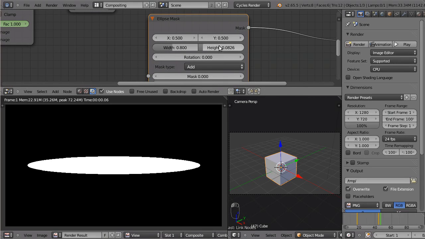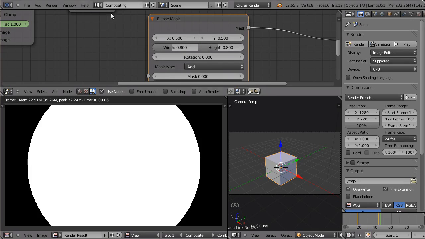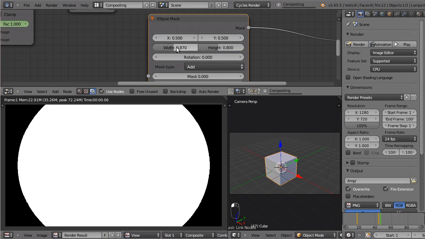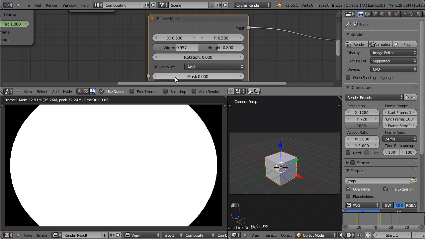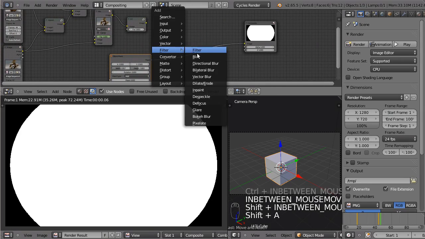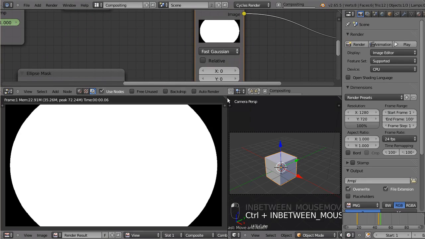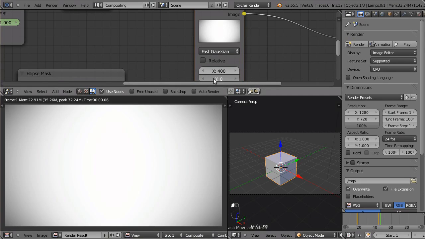Let's start at 0.8 and maybe make it a bit wider like this, and then add a blur filter, set it to fast Gaussian, and crank this up to 400, which is really high, but it creates a nice subtle